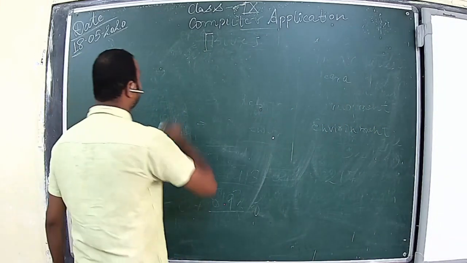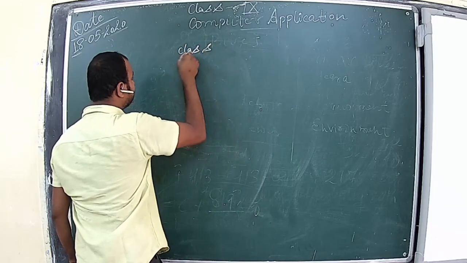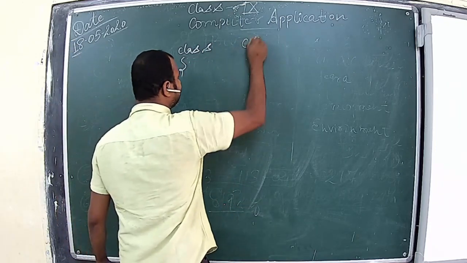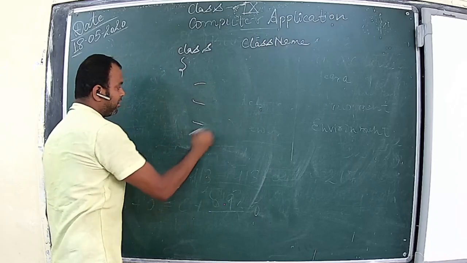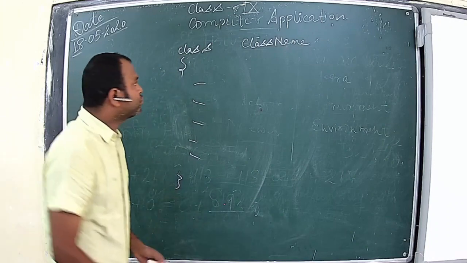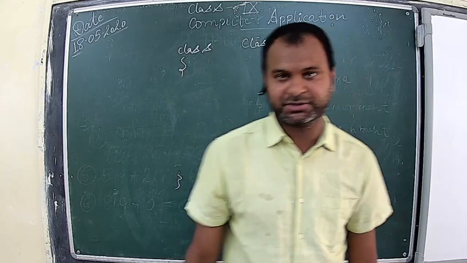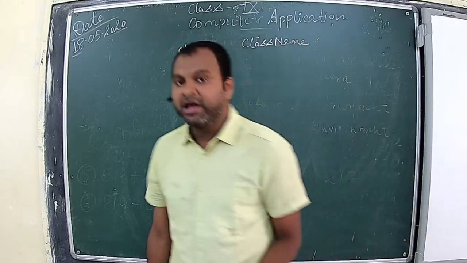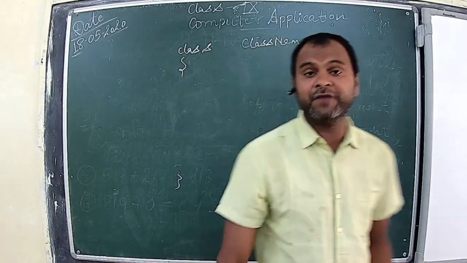The first program we will write from here. We are aware that this is the syntax of class. Last time I told you class, then we write here the class name, and the methods, attributes, characteristics, and all would be part of this class. Clear? So let's begin with this. And one more thing I told you when I taught you about methods: to do any kind of operation, any kind of execution, definitely we need to have a method, because the operations can be performed only from the method.